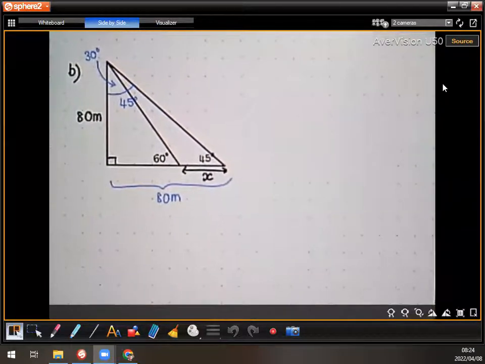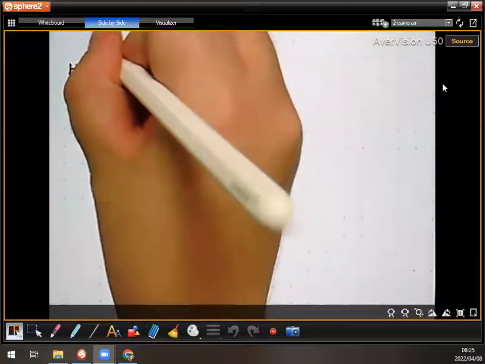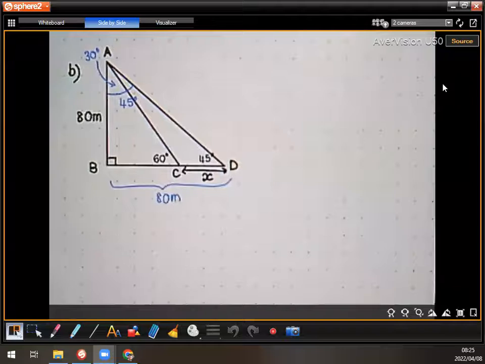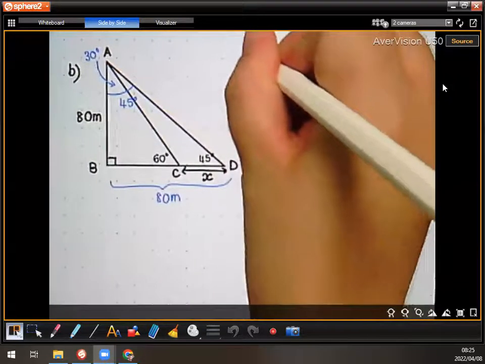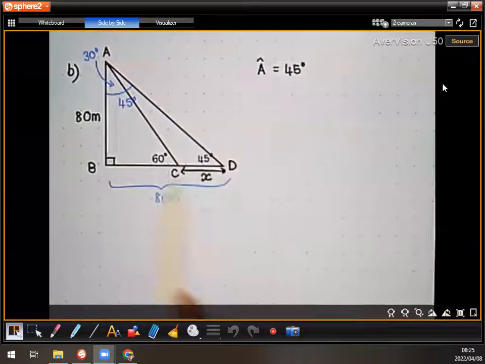Okay, let me see if I can fit it in here on the side. So let's just quickly write down these angles, and as you're doing the two calculations in one line, you only need to write the reason once. Can I label them again? Let's do D. I promise in the exam they will always be labeled. If it's something that's not labeled, it makes it unnecessarily complicated. Okay, so angle A,